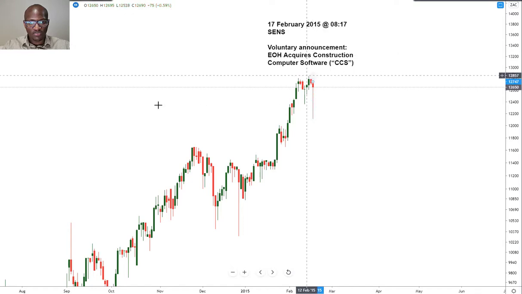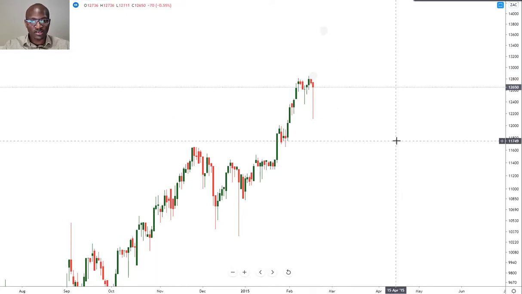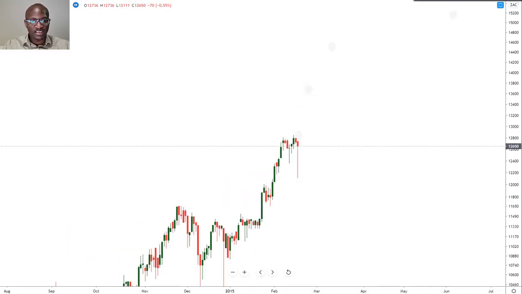On this day, 17th February 2015, market announcement: EOH acquires construction computer software. So we can see even at this advanced stage of the trend, EOH was making more acquisitions. And those who know the history of EOH know that it's a company that grew aggressively, predominantly because of acquisitions and organically. So there was an acquisition there, and not too long after that,